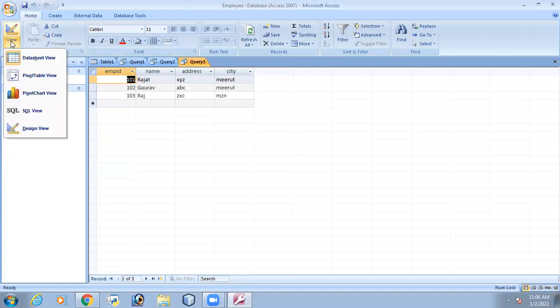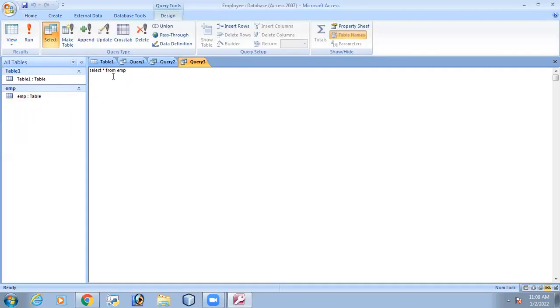So what I will do here, again SQL, then WHERE, where city is equals to what? Meerut. Close this single quote and run.